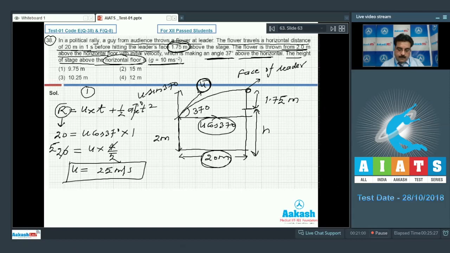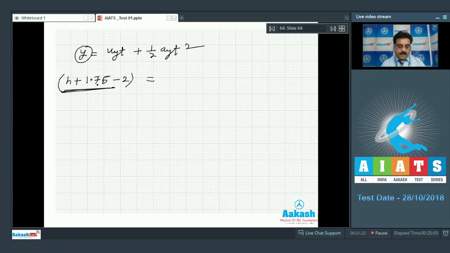You are saying that from the ground to the point of projection is 2 meter, and the height of this is 1.75 meter, and from this point to the ground is h, and your point of projection is this. This 2 meter is below the point of projection. So when you take the proper sign convention, then we'll write h plus 1.75 minus 2, and that is equal to